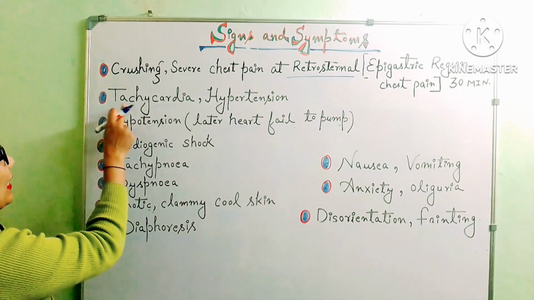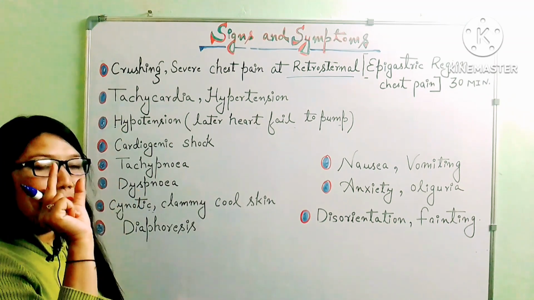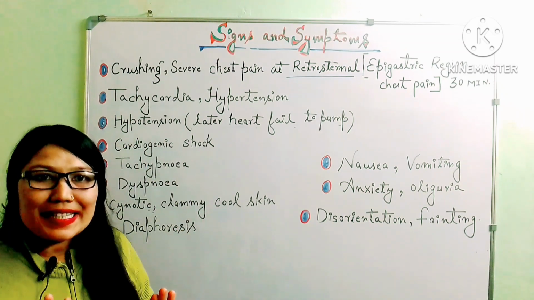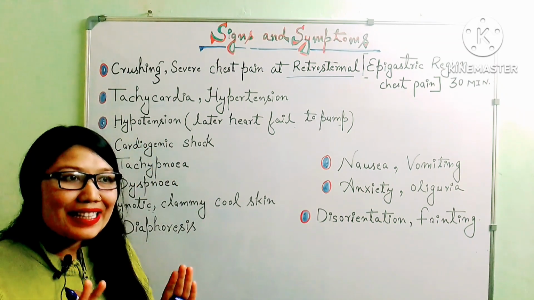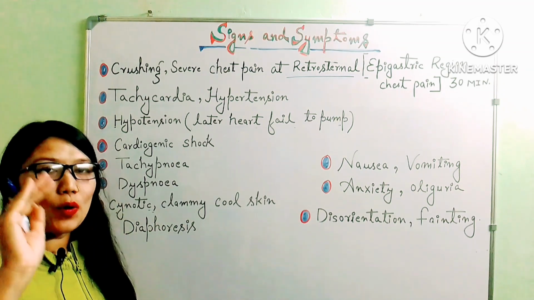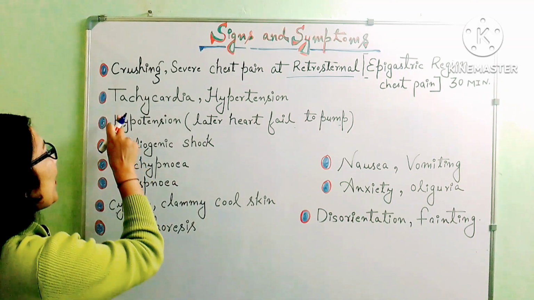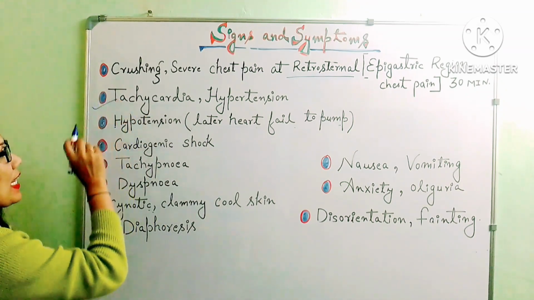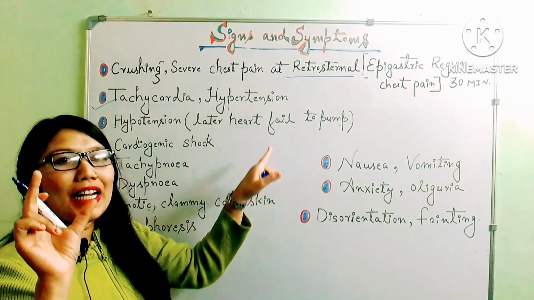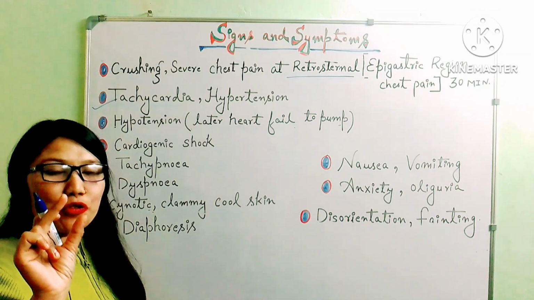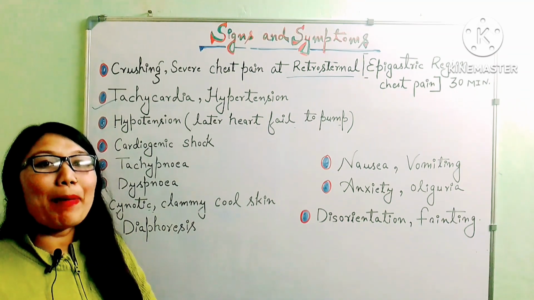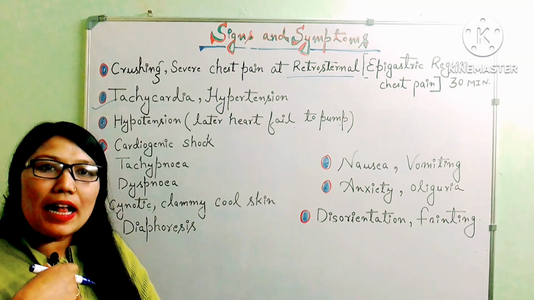So next, there will be tachycardia. The muscles of the heart are damaged, so the whole heart is going to compensate for that. The heart will increase its beat. There will be an increase of heart rate to more than 100 beats per minute. So there will be tachycardia seen in the patient, and there will be hypertension because the blood vessels will constrict, as the heart has to pump out the blood into the whole of the body. So the heart palpitation will increase and the BP will also get increased.